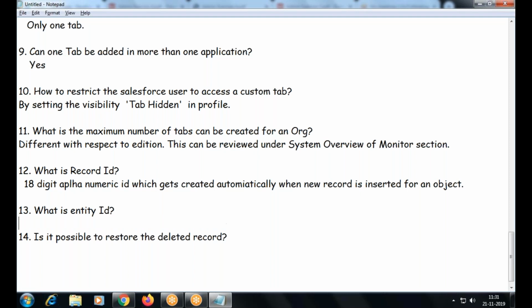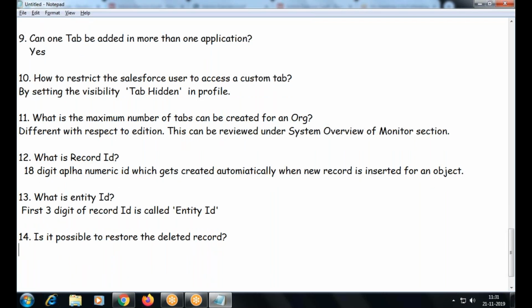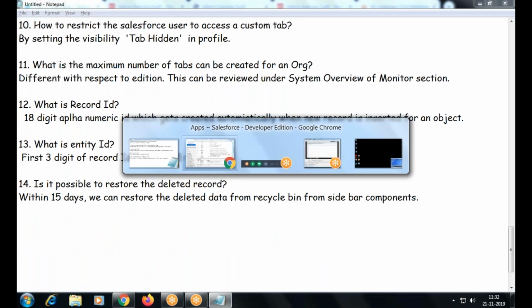What is entity ID? From sidebar components, right?